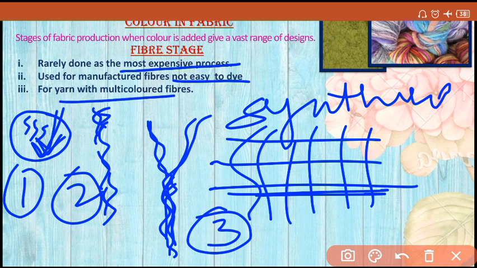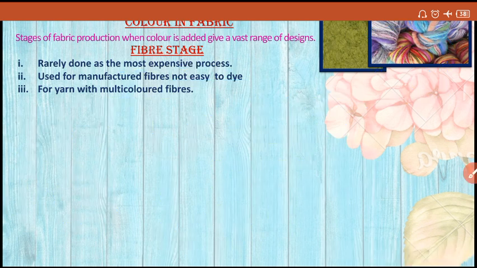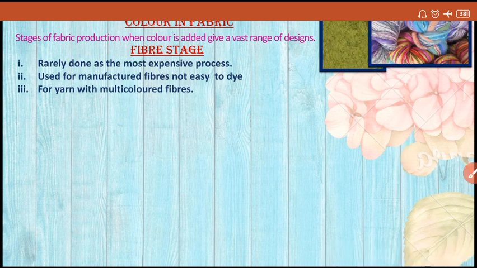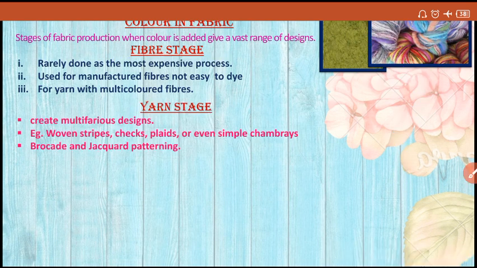The yarn, when we have multicolored fibers, can you see these yarns, woolen ones? Here what we do, there is red, green, yellow, purples. So here what we do is we make use of multicolored fibers, and when we weave them together, we twist them, we have multicolored fibers. I hope this is clear. I took some time, but it was necessary.